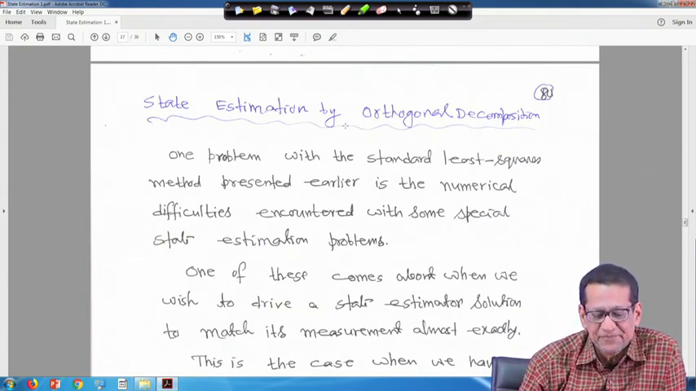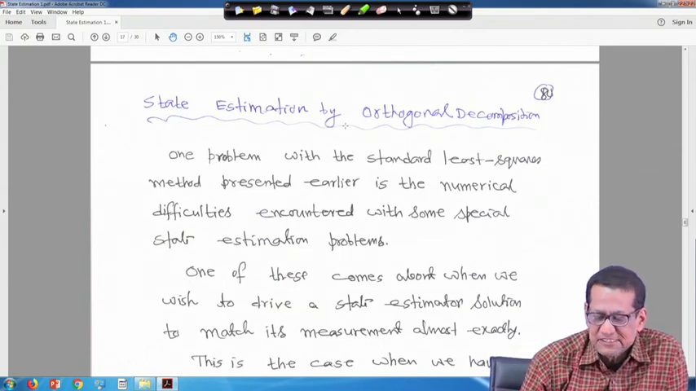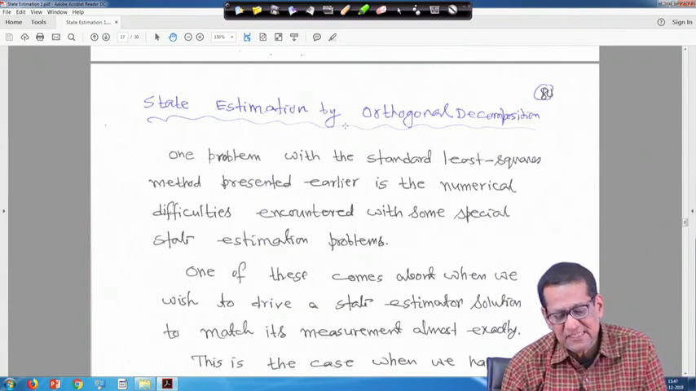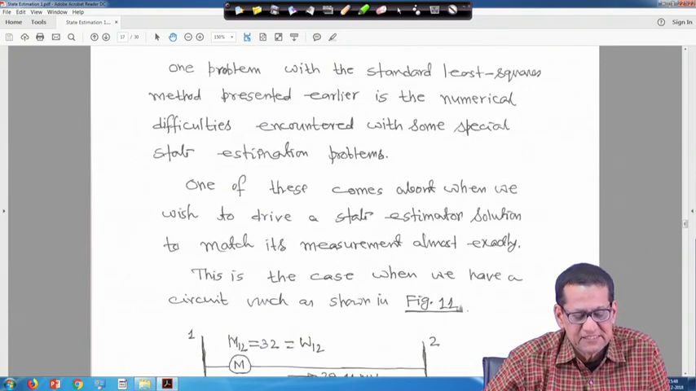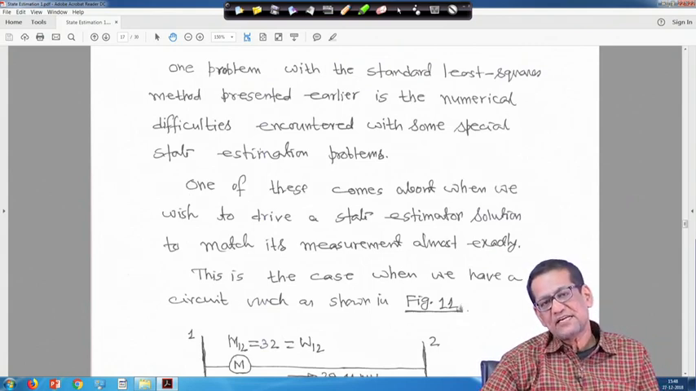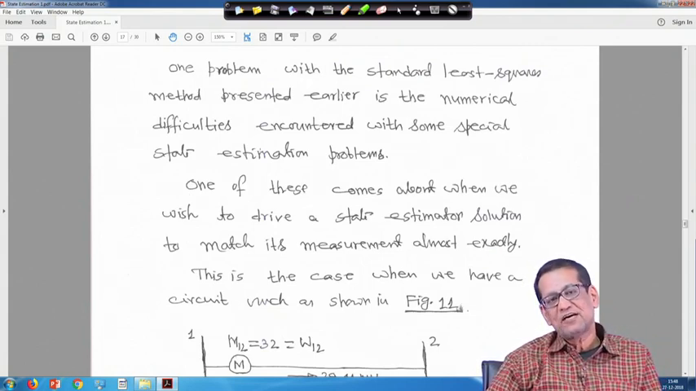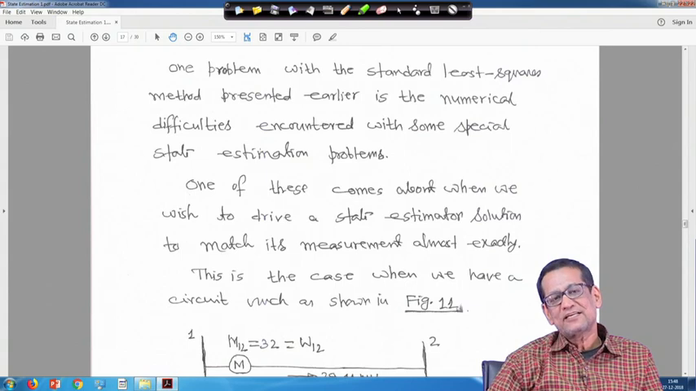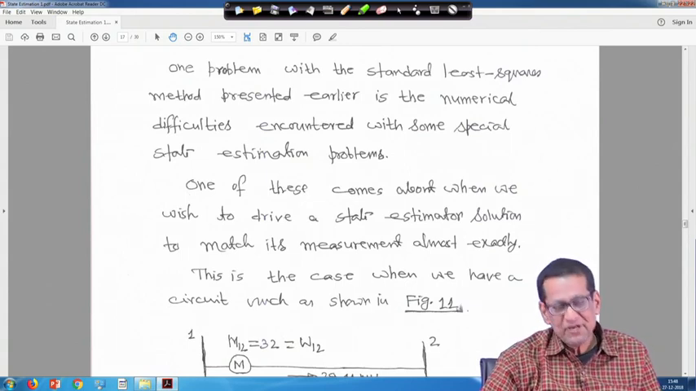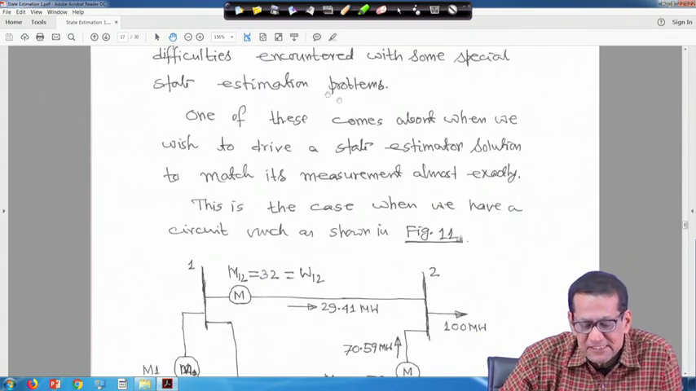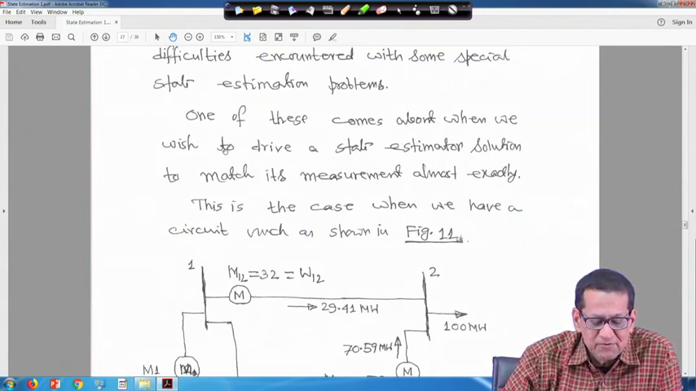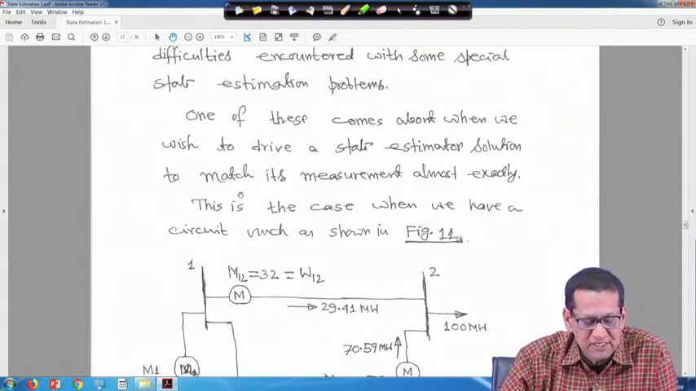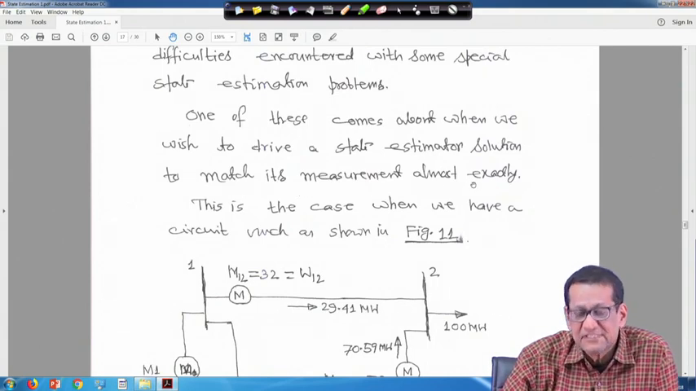One problem with the standard least squares method presented earlier is the numerical difficulties encountered with some special state estimation problems, right. Sometimes that matrix may become singular or something like that. So, you may not get any result, and you have to overcome that. One of these comes about when you wish to give a state estimation solution to match its measurement almost exactly,